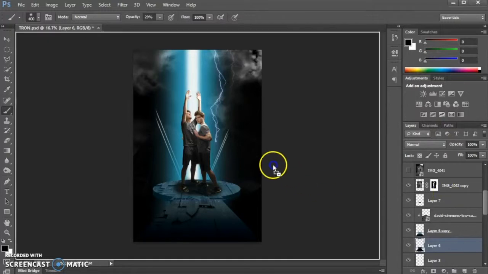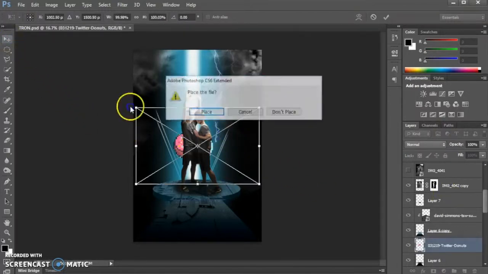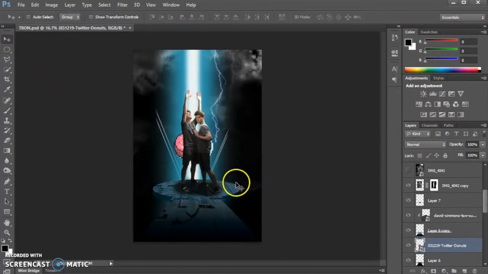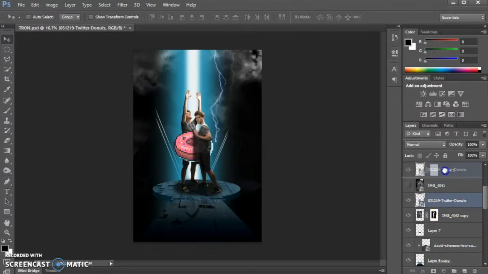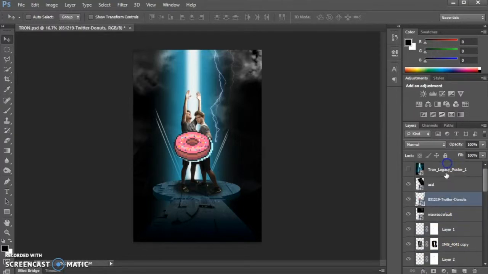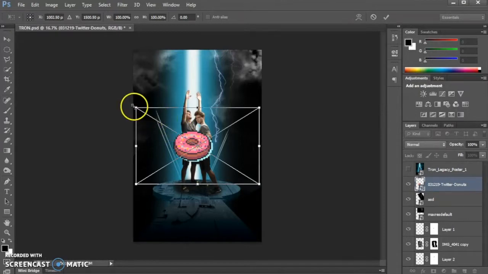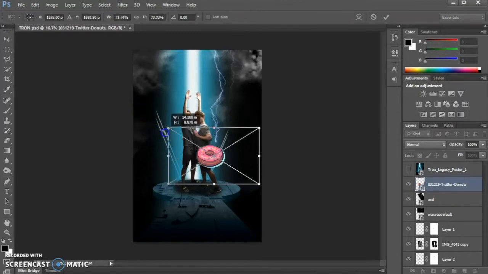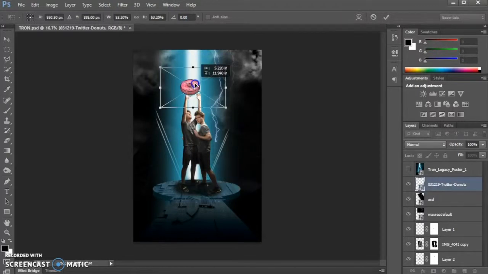Now we're going to start doing some finishing touches on our movie poster here. So what I'm doing is bringing in some image elements that I found online and cut out, and I work the coloration on a little bit. My idea is to have this donut hovering above the figure who's got their arms up, so they're reaching up to grab it, kind of like the movie poster has this ring that the subject is grabbing towards. So I'm just transforming this and putting it into place right on top of that laser beam type